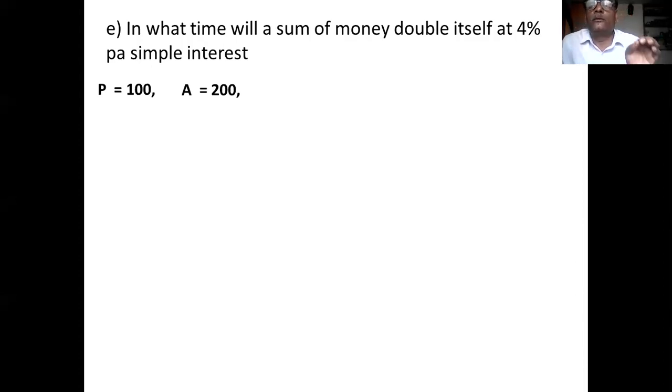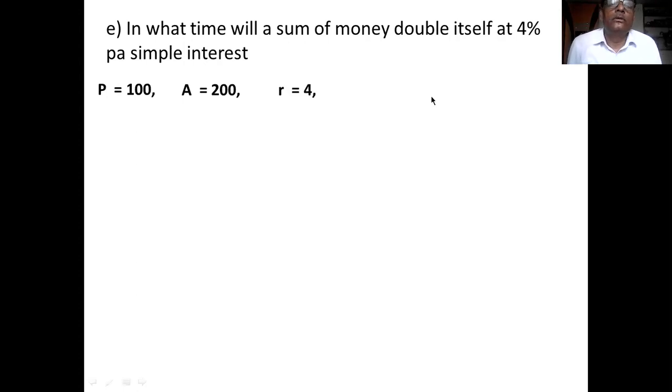Okay, you remember this type of questions. This type of question may come for your examination. I have taken only double. In some question they may ask triple, in some 3 times, 4 times, 5 times, like that. At that time, you take principal as 100. First you consider 100 as a principal. Then on the basis of that 100 principal, you take the amount as per given information, and then take the remaining.